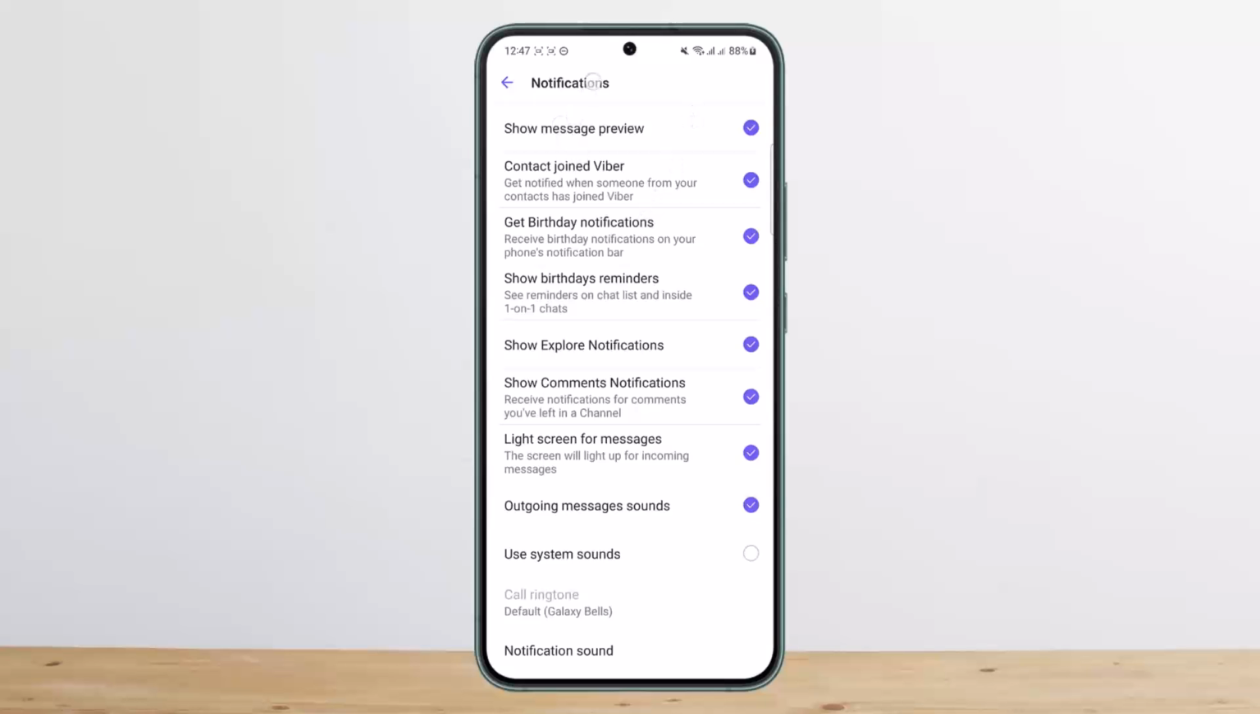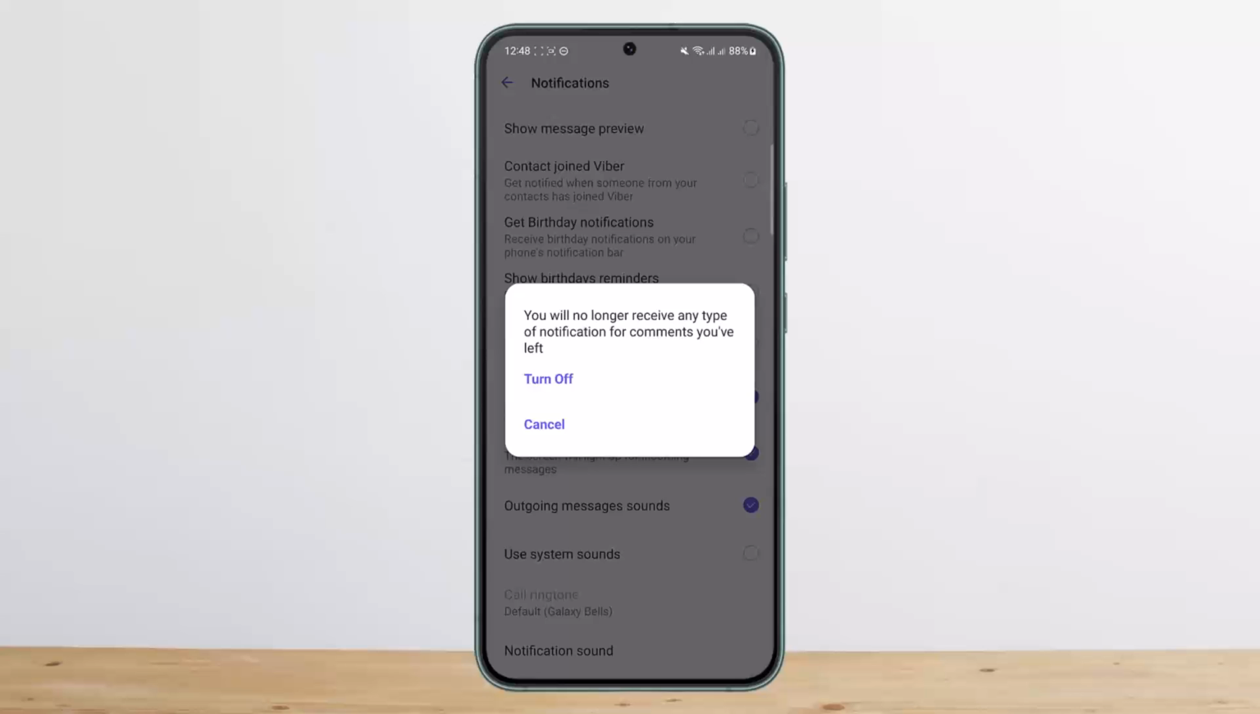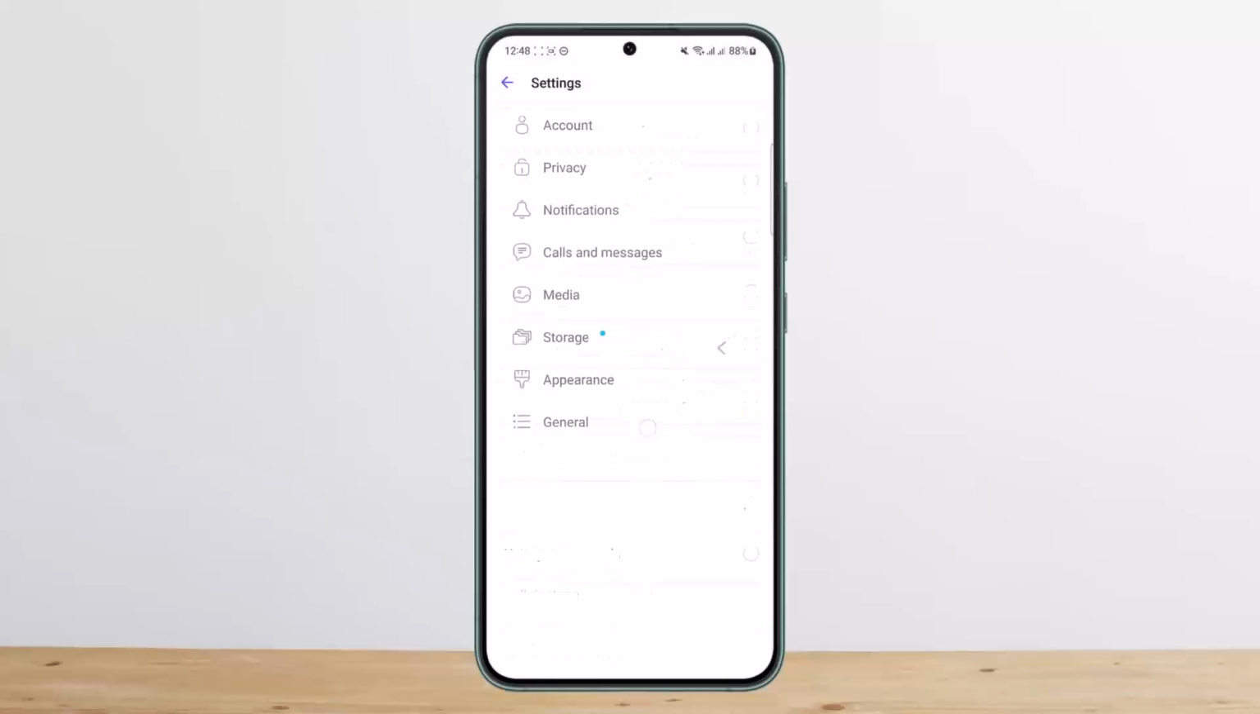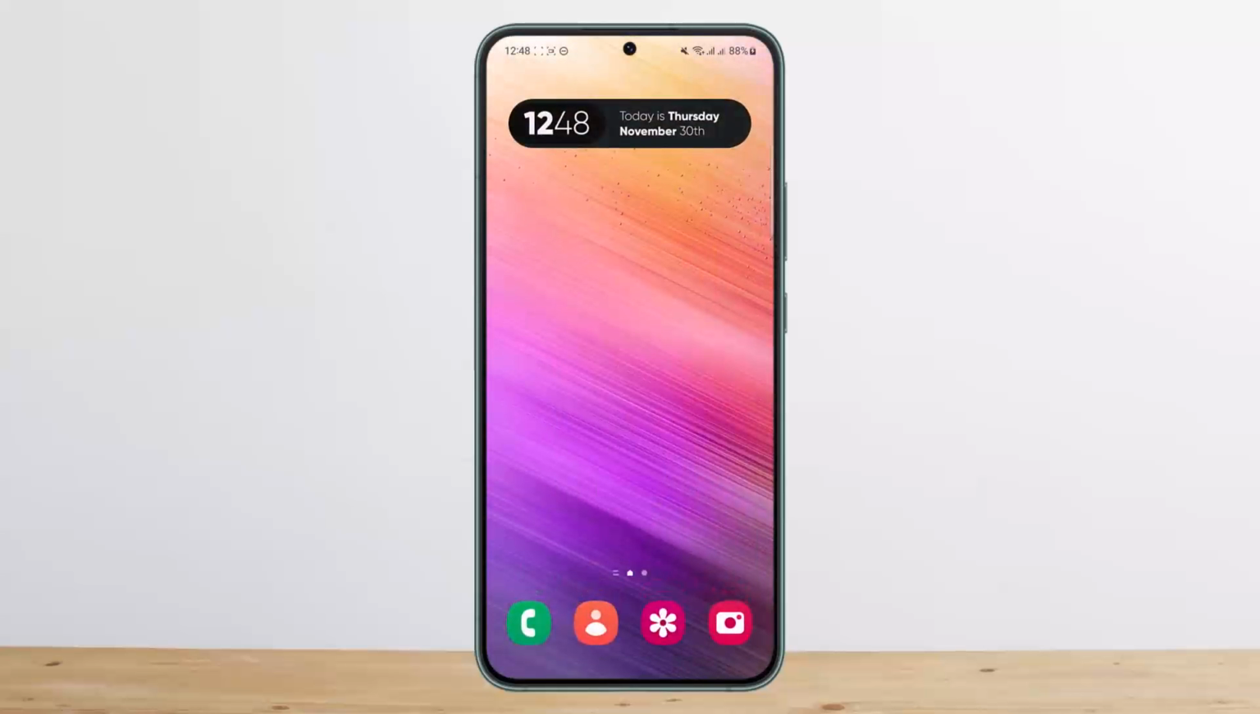You can see show message preview. You can tap on it and you can disable it. If it is check marked, it means it is enabled. If it is not check marked, then it is disabled. You can simply tap on it to enable or disable, so make sure it's default. You can see birthday notifications, you can disable it. You can see contact joined Viber, you can disable it, and certain options that you want, you can turn off. However, if you want to disable the notification for the whole application, what you can do is you can go